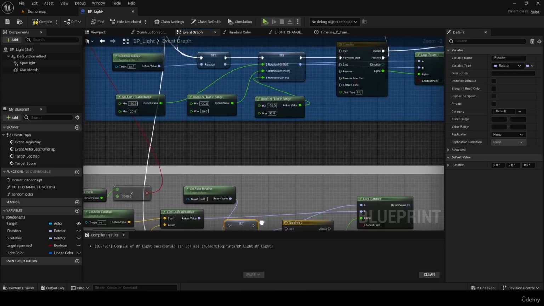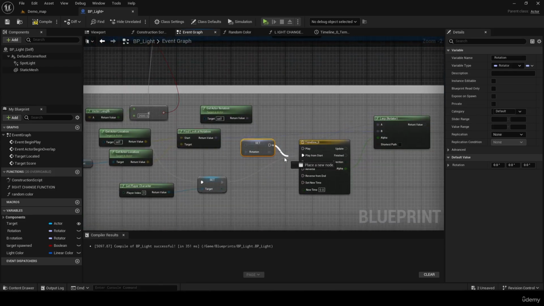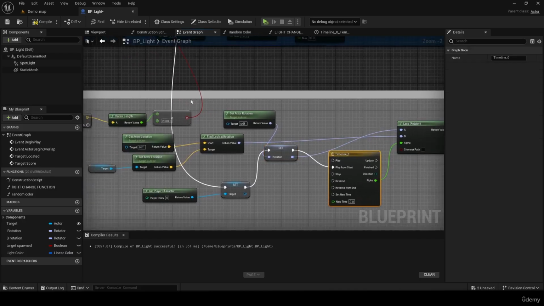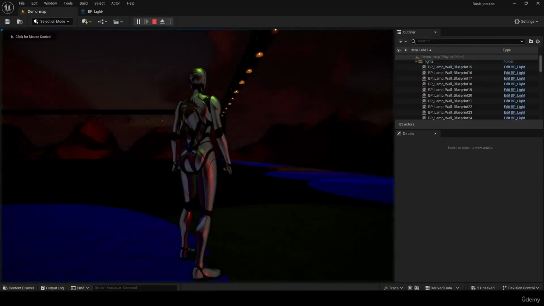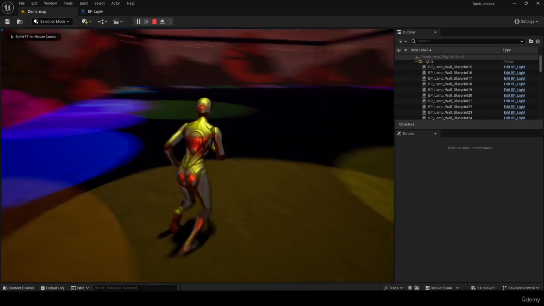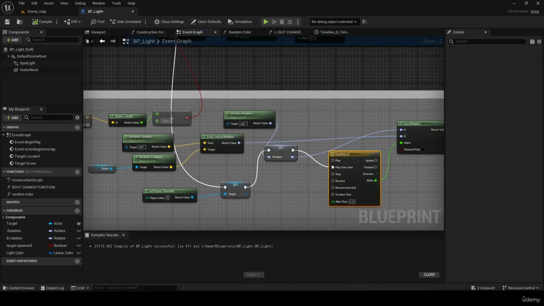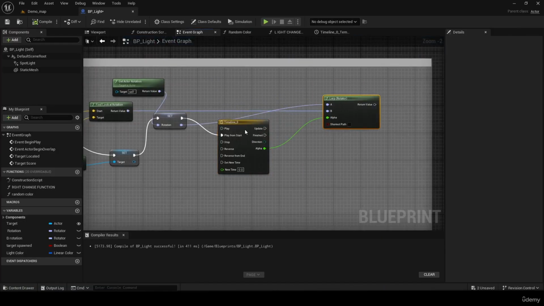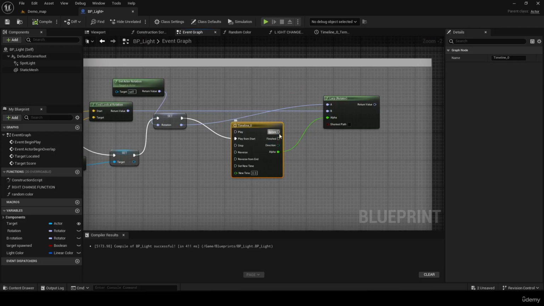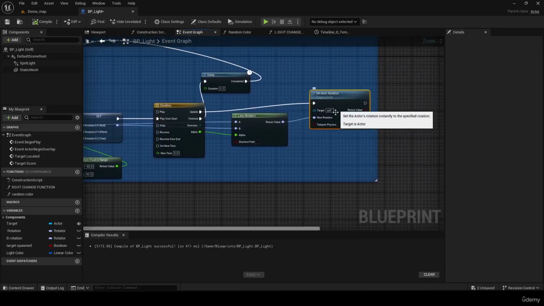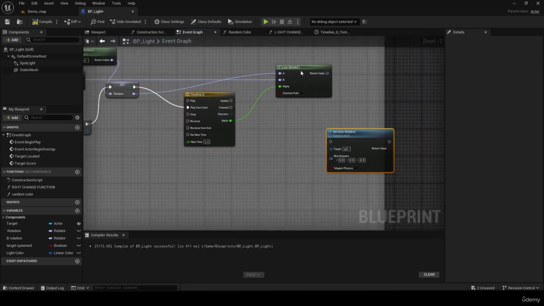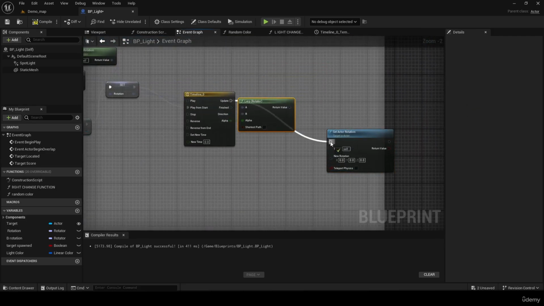We're essentially doing exactly what we did here, but with just some slight changes. So we are going to do this way. Now let's test it. Let's play, and it is not working as it should. We have our alphas, we have our play from starts. We don't have our updates. This is because we did not add this node here. We need to update this,